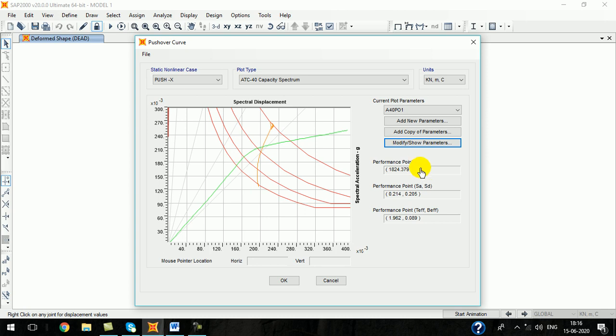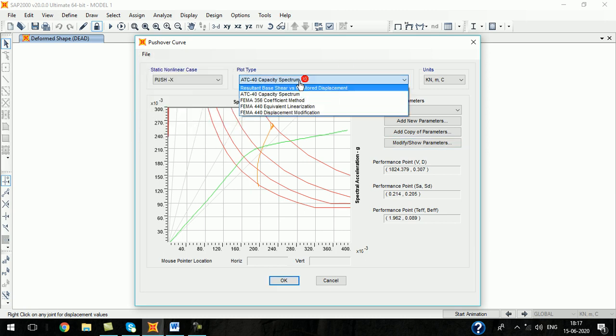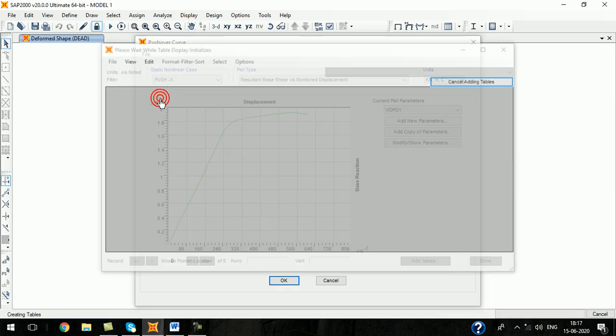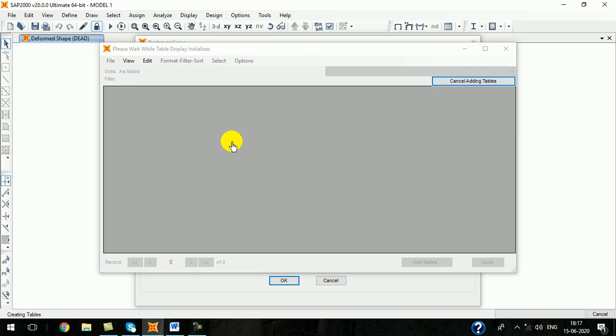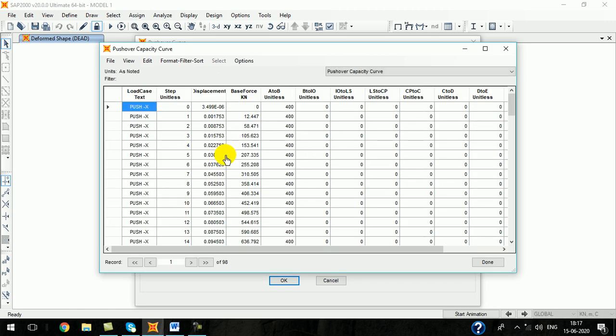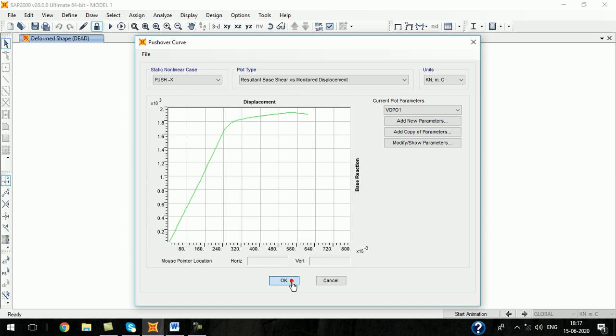Okay. Now at this time, when the structure experiences this much displacement and base shear, what is the behavior of the structural members, the frame members, we will see. Okay, so let us remember this value, 307 mm. Let us go to pushover display table. We need to identify its corresponding step. So our value is 307 mm. So we have to check the performance of the structure at 41st step. So click OK.